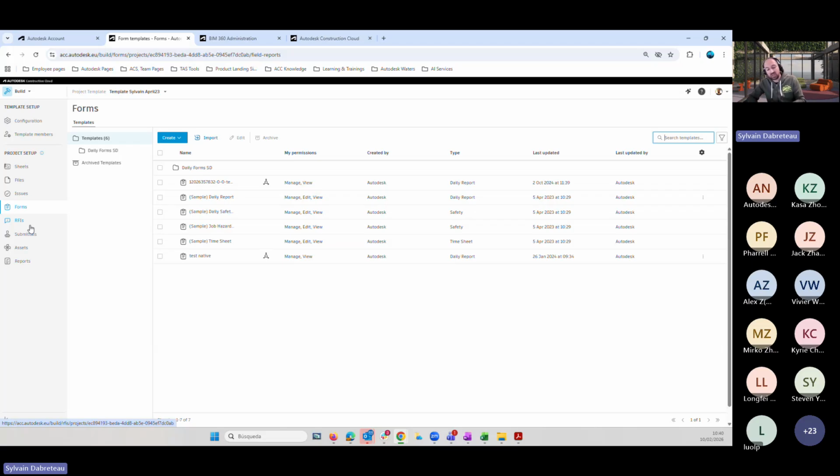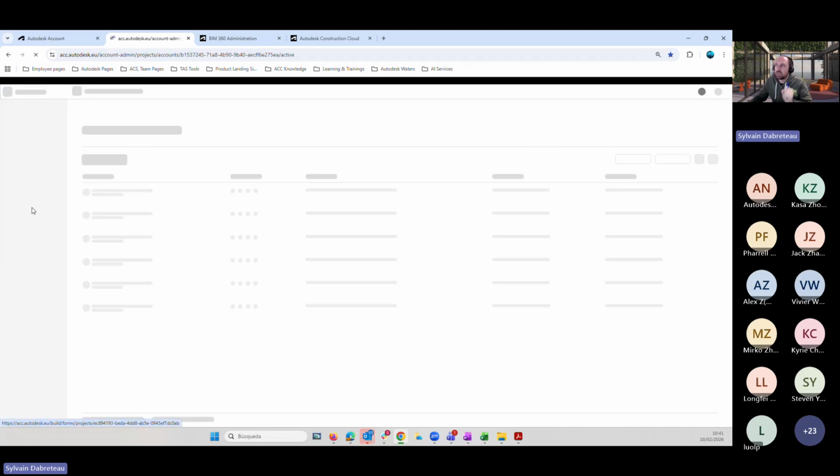So let's say you work in your project and you create 50 form templates, and those 50 form templates maybe can be used in future projects. They would be available in the account library for future use. Okay, got it. To understand, when we work in a project in forms, we don't create a new form or template every time. We still need to have some templates available. Yeah. So back to the account administration.